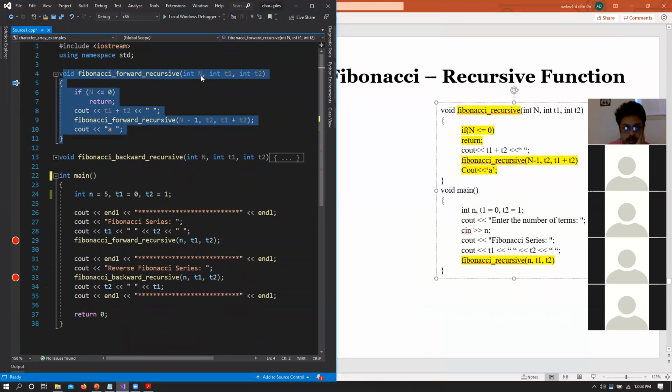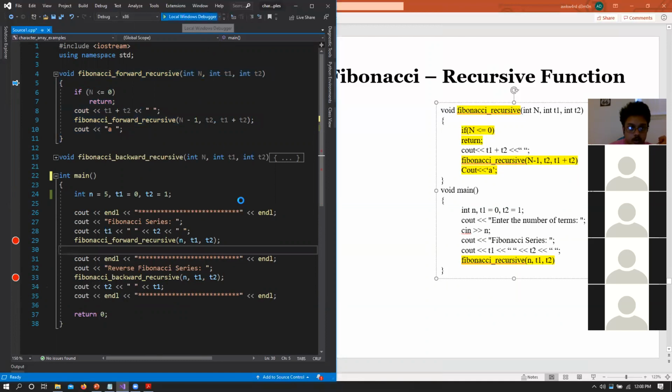Fibonacci recursive takes in n, t1 and t2. If n is less than or equal to 0, it returns, otherwise it prints out t1 plus t2, calls itself again with n minus 1, t2 and t1 plus t2, and then prints out a. Okay, so let's call this function and see what goes on.